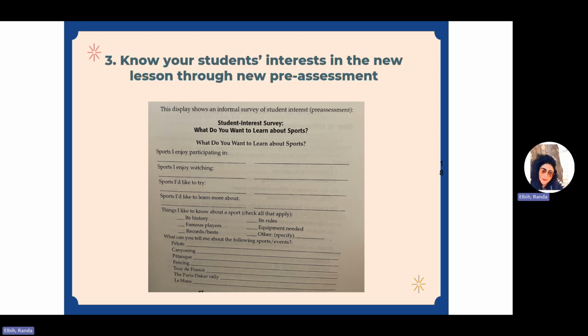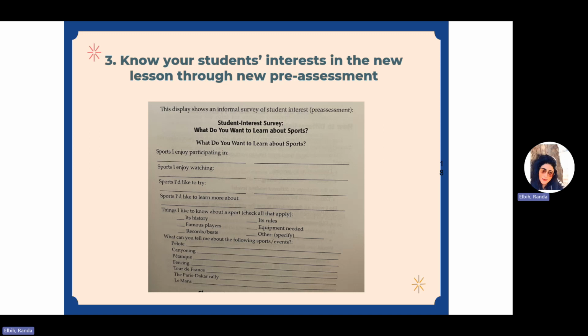You actually ask questions about what sports they enjoy participating in, what sports they enjoy watching, what sports they'd like to try, what do they want to learn more about. Do they want to learn about the sports history, the famous players, the records, the rules, the equipment needed, and also,